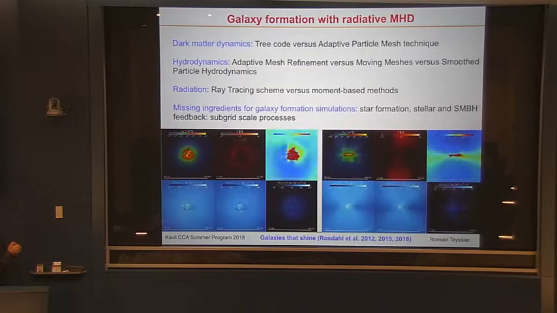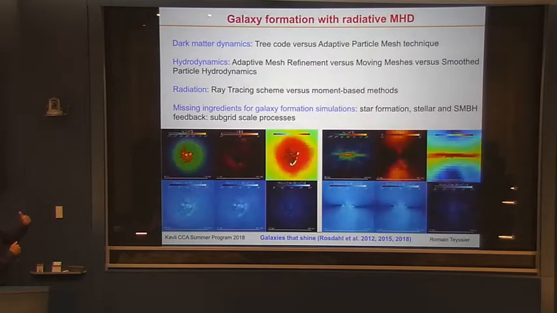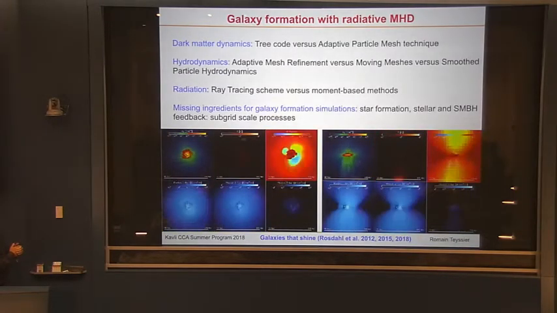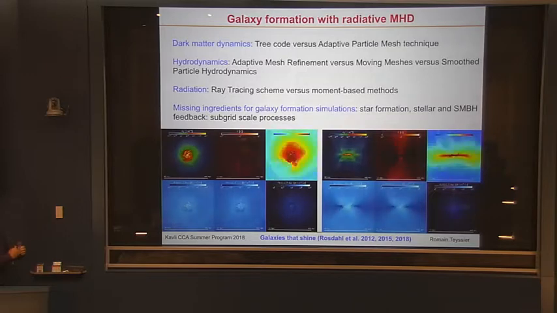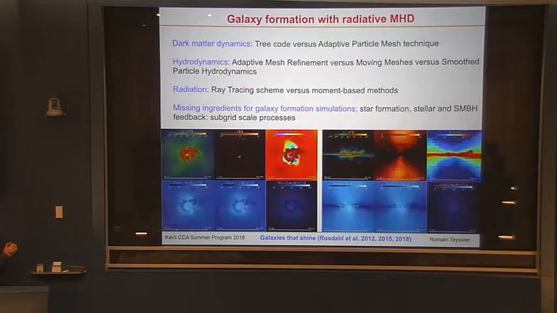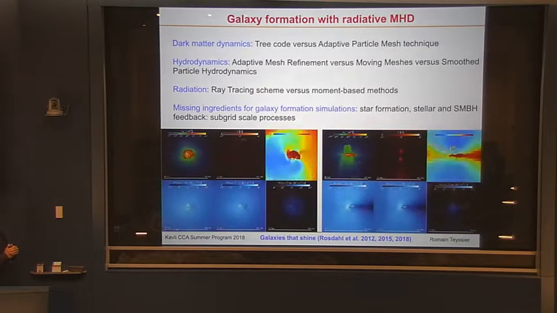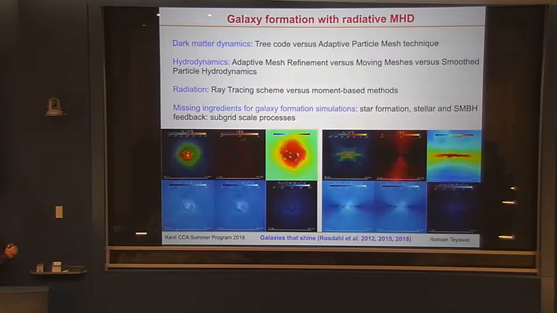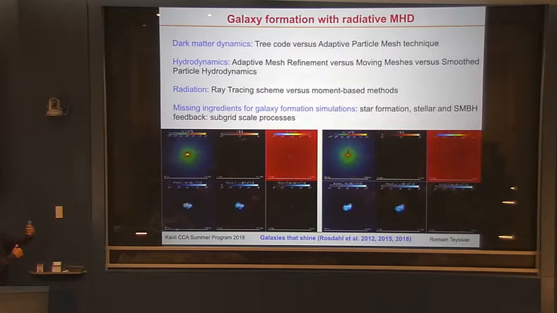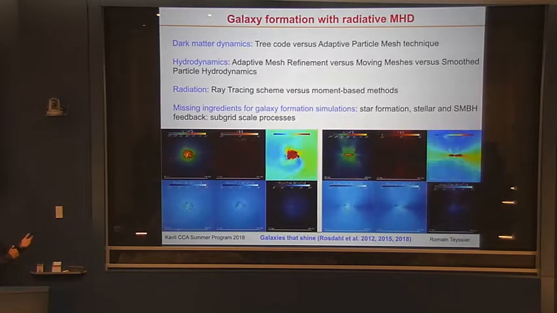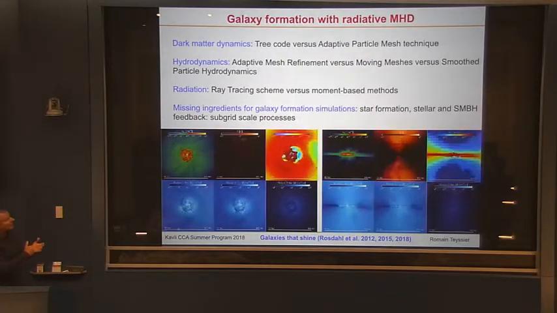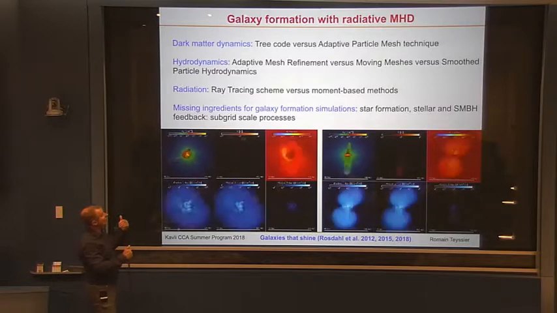So for dark matter, we have seen the tree code and the fast multipole version of it, which is very fast, and the adaptive particle mesh techniques. And they all have different pros and cons. Although I would say that the tree code / fast multipole is really the most efficient in terms of how fast it can be, right? So I would favor you to use this, but for pure dark matter problems. But the adaptive particle mesh technique in conjunction with the multigrid method is also quite efficient, although not as efficient as the tree code. For hydrodynamics, you have AMR versus SPH.